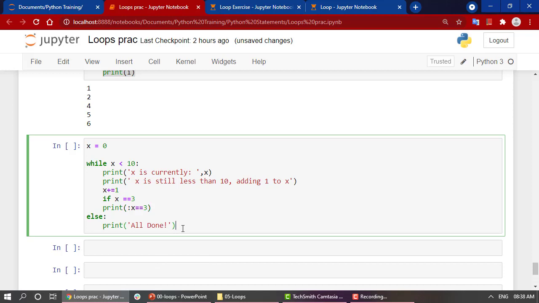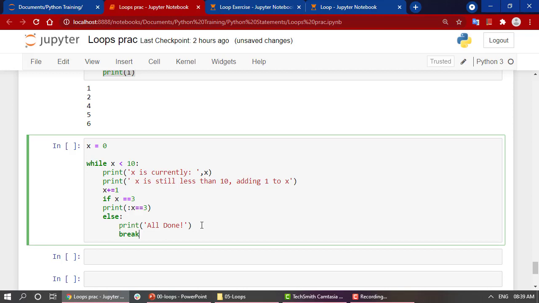And in the else part, what we are going to do is mention in this else, all done, and break. Let's continue, and over here I'm going to change it to continuing.